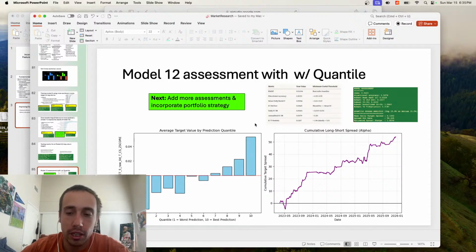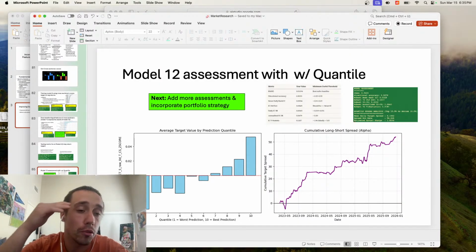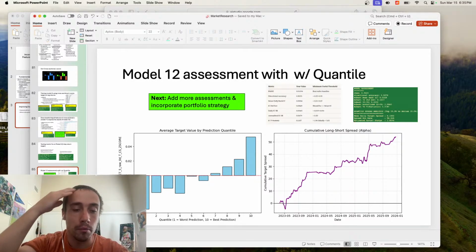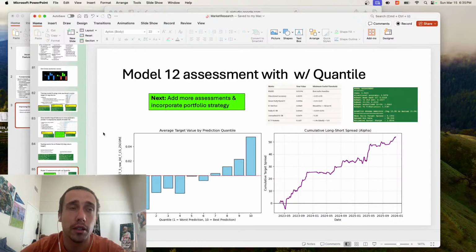I'm really happy with this, and I would go forward with using this, but I kind of want to ruthlessly test it to try to find, are there any weak points? Can I improve this? And basically, what's going to come out of this is I'm going to feel like, okay, I'm not able to improve this at all. Let's go forward with this model and start paper trading. So I'm going to paper trade for a month. And if that works reliably, then I'll put my own money into it. But obviously if paper trading's not working, I'm not going to risk real money.